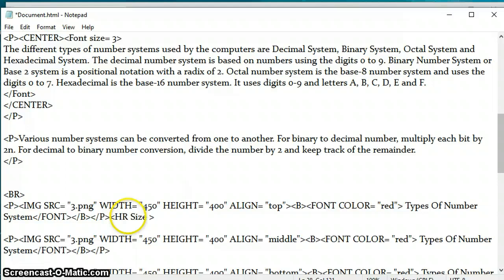Size is equal to 10 and width equal to 50%. So let us see what happens after changing it to 50%.